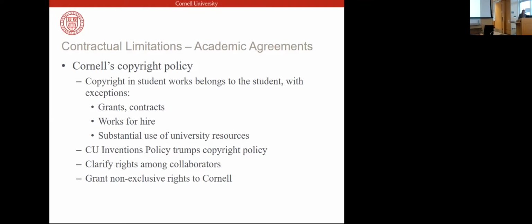There is an inventions policy, which would be part of Martin's office in his purview, and that trumps the copyright policy. So if you go and look on the website and look at Cornell policies, the inventions policy trumps the copyright policy. But one other thing to know is, aside from what the academic agreements and the university policies are,